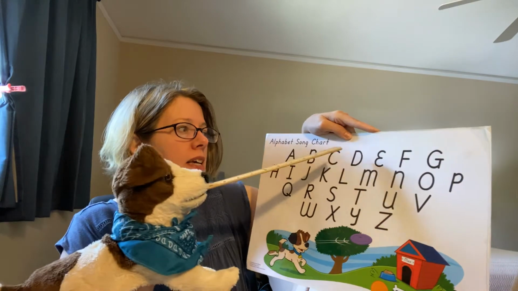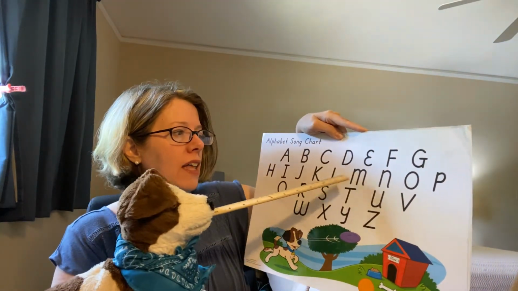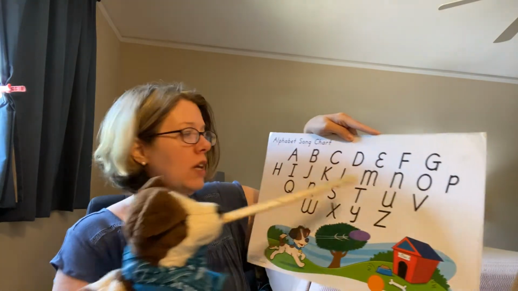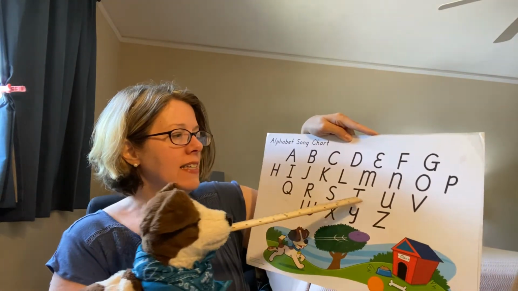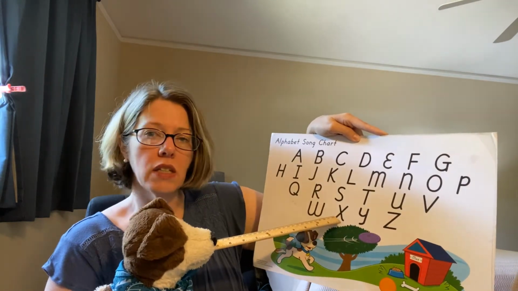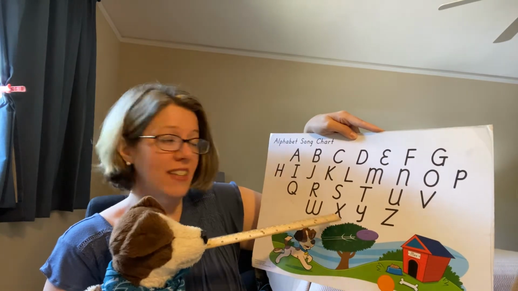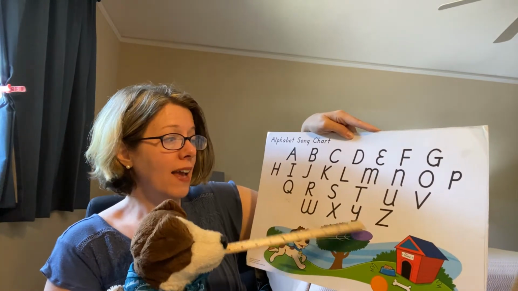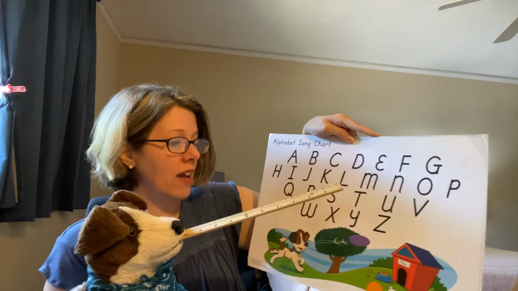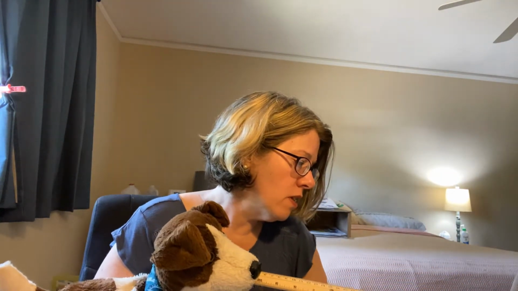A, B, C, D, E, F, G, H, I, J, K, L, M, N, O, P, Q, R, S, T, U, V, W, X. Those are the ones that we've done. So what is left? Y and Z, right. Y and Z are the last ones, guys. All right, so